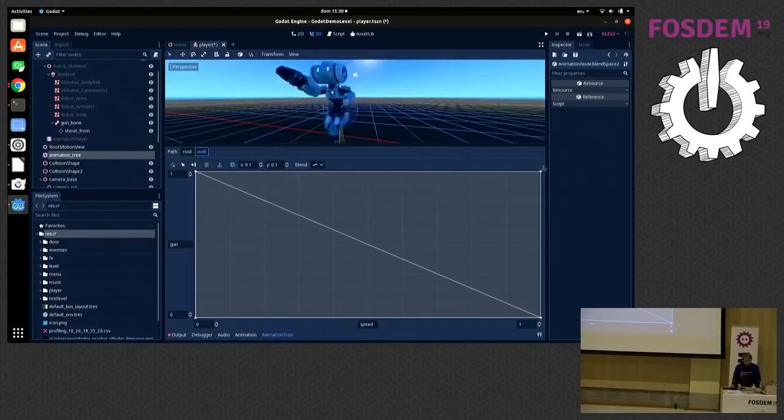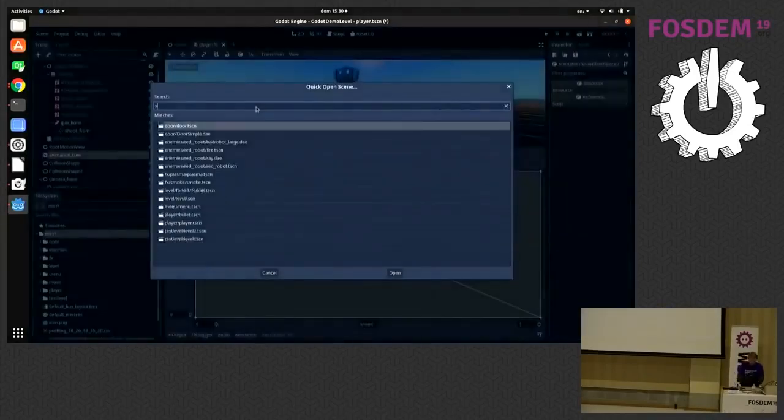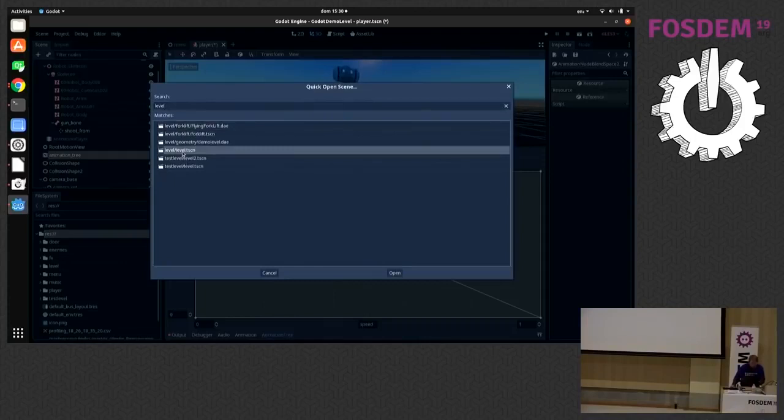According to where I am, I can just start walking, then I shoot. When I shoot, it takes out the weapon and stores it back. Now there are a lot of interesting things you can do with the animation tree. So let me show you the scene. It's this one, right? It's pretty big. We'll take it just a bit low.